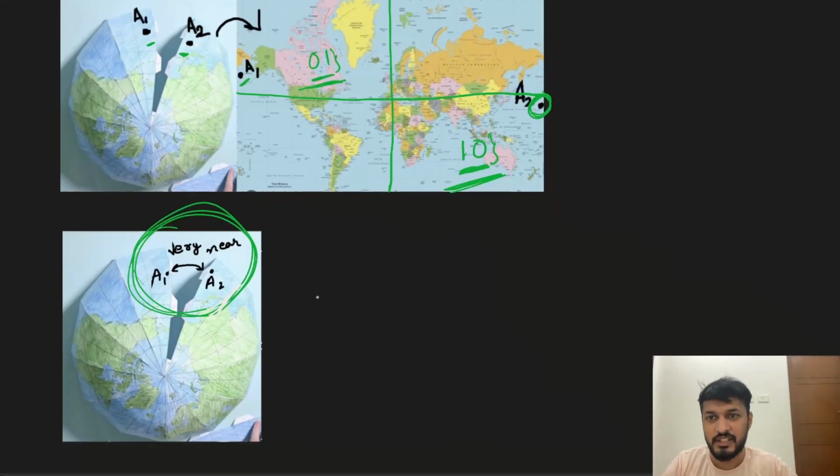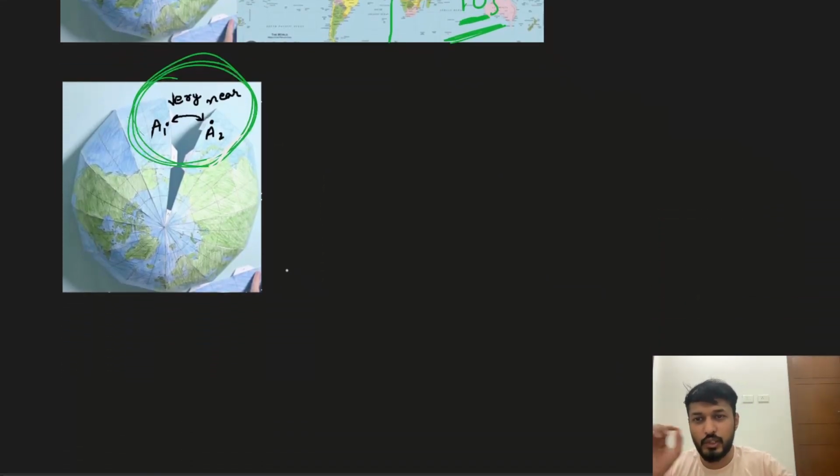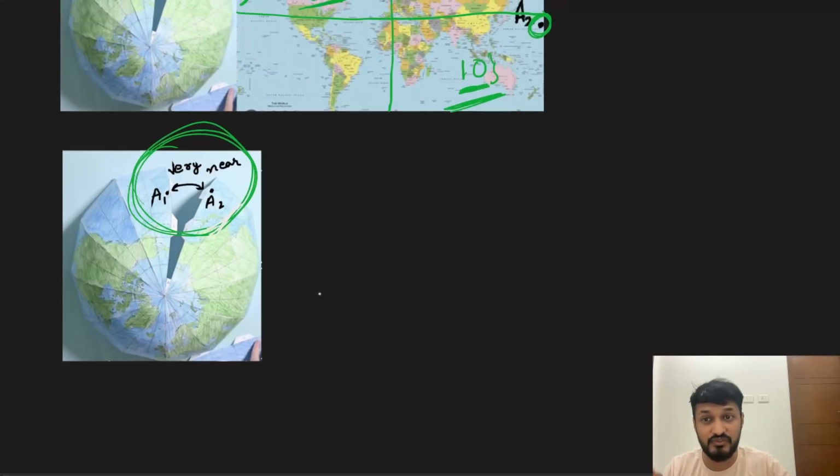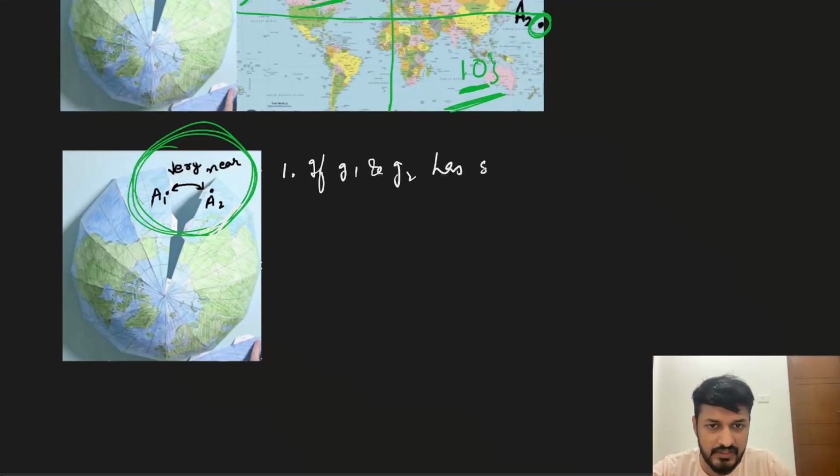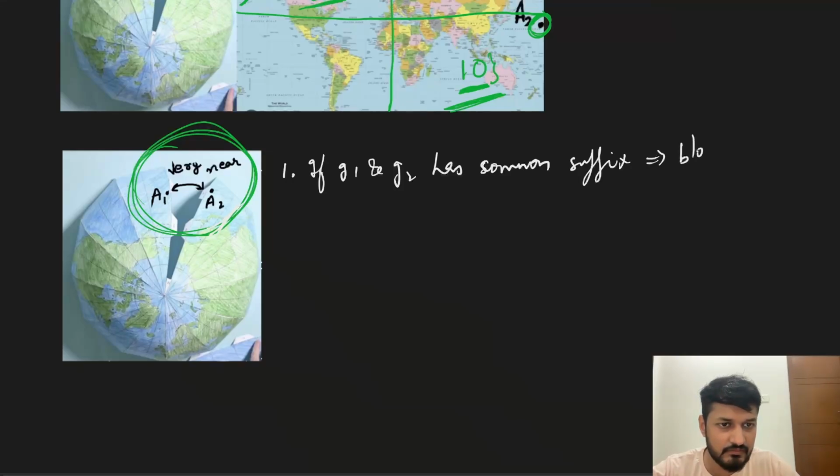Okay. So we can now write two very important properties of geohash here, which are actually used when we will design Uber and other stuff. Okay. So what is the first property? First property is if G1 and G2 have a common suffix, that means the blocks are